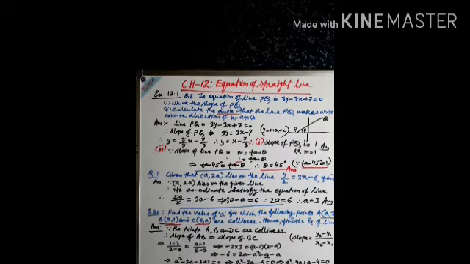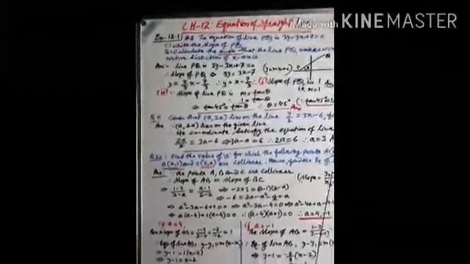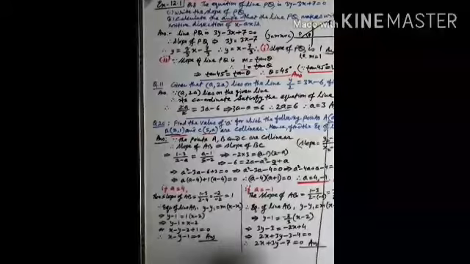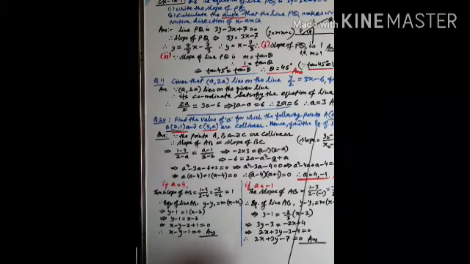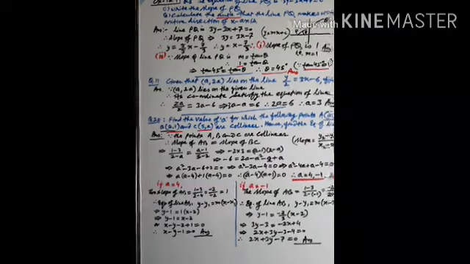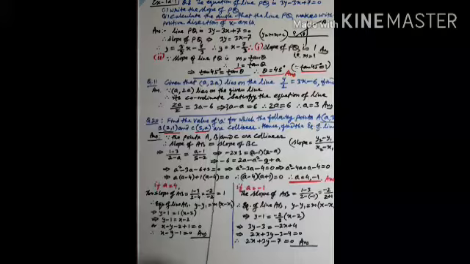Okay, now after that let us see question number 20. So 20 says that find the value of a for which the following points, point A coordinate is a and 3, okay, B 2 1 and C 5a are collinear. Hence find the equation of a line. Okay, this you have to find the equation of a line.